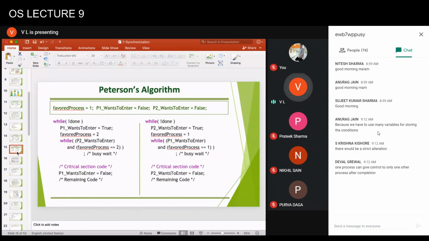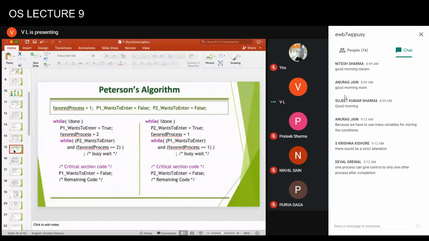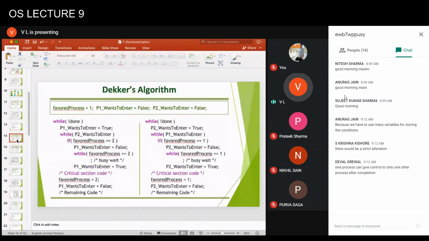We'll come back to this question again. I'll let you ponder over why this should not work for an N process solution. One way to do it is to write Dekker's algorithm using threads or processes, whatever you feel more comfortable with, and then try to extend the solution for N processes and see what happens.